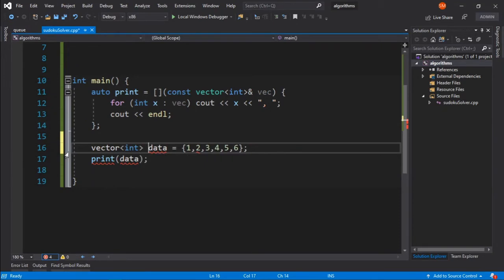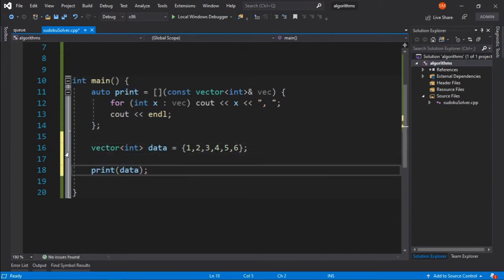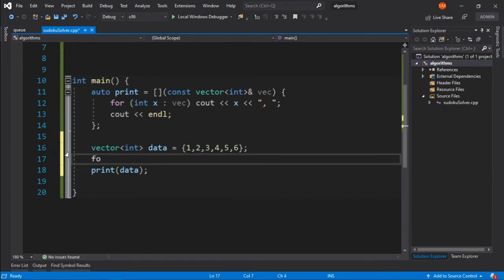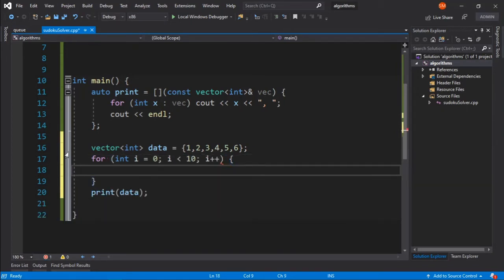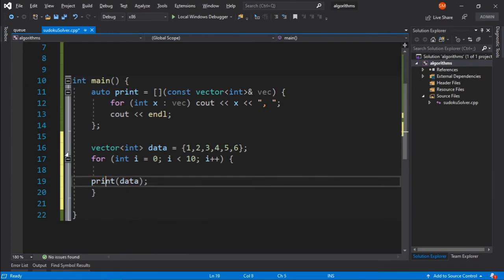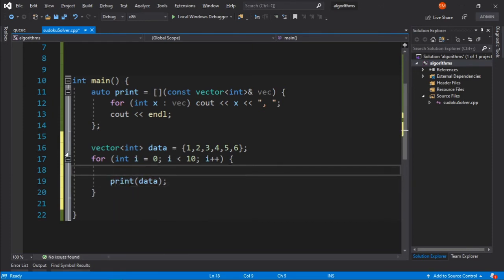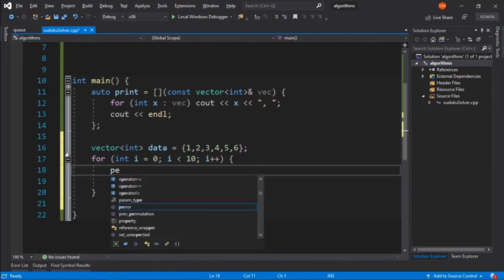What we want to do is print out the next 10 permutations of our data. So for that I will go through a normal loop: int i equals 0, i less than 10, i plus plus. And inside here, every time we will try to rearrange our data using the function called next permutation.